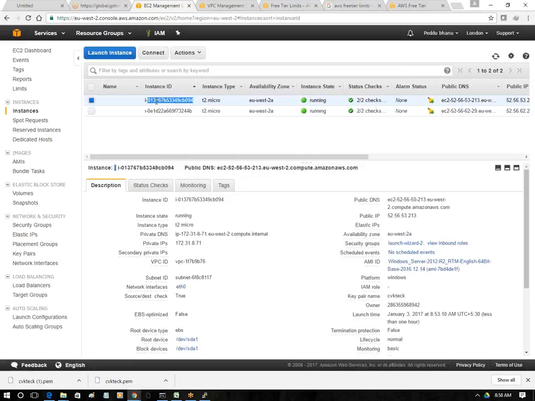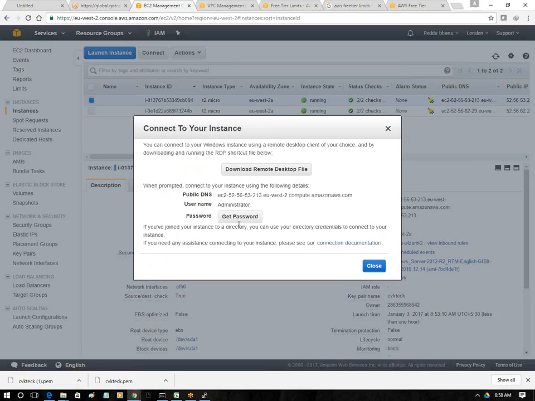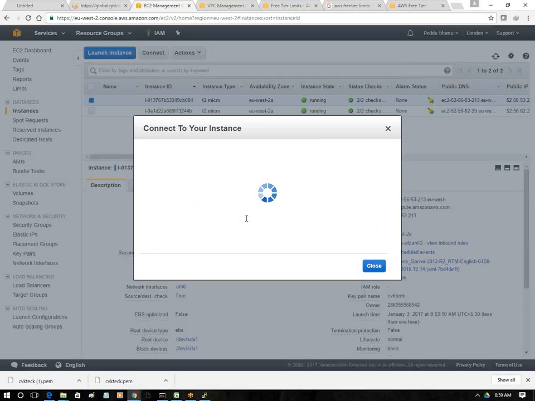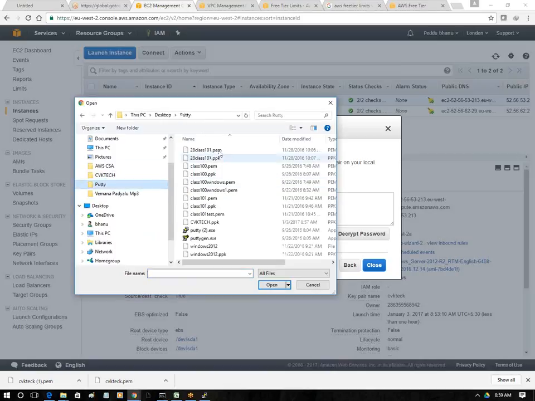So in the same way, we need to go here and right click and connect, and by default, it won't display the administrator password. There is a difference between connecting to a Windows and a Linux machine. Linux machine, by giving that, you will connect, whereas in a Windows machine, we need to give that key to see the password of the Windows machine. So again, we need to select this PPK,